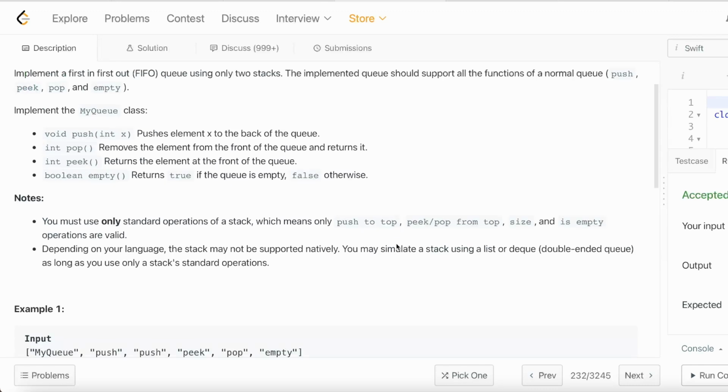Notes: you must use only standard operations of a stack, which means only push to top, peek from top, size, and isEmpty operations are valid. Depending on your language, the stack may not be supported natively. You may simulate a stack using a list or deque, double-ended queue, as long as you only use a stack's